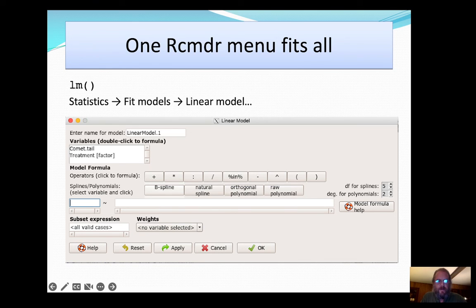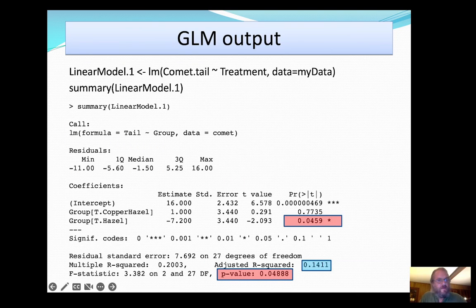Okay, and then the only thing that's in this is the teas, the different treatment factors. So we would click on that, and that would show in that box there. And we wouldn't have to do anything else. We just go ahead and hit OK. And this would be the result. And this should look familiar. This is just basically what we would see in an ANOVA. But now what we have is